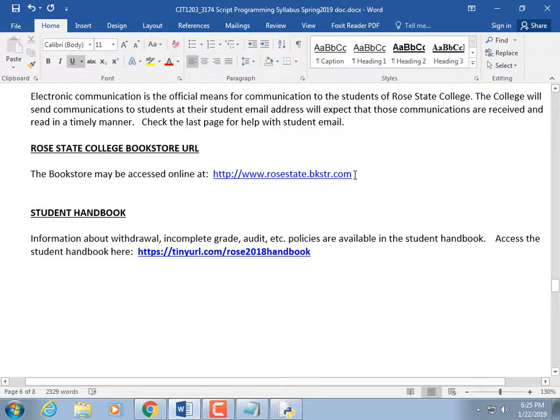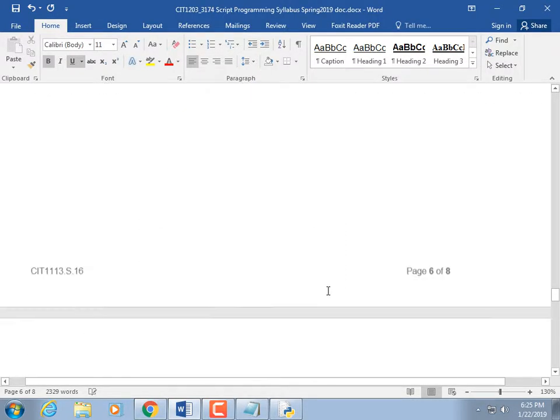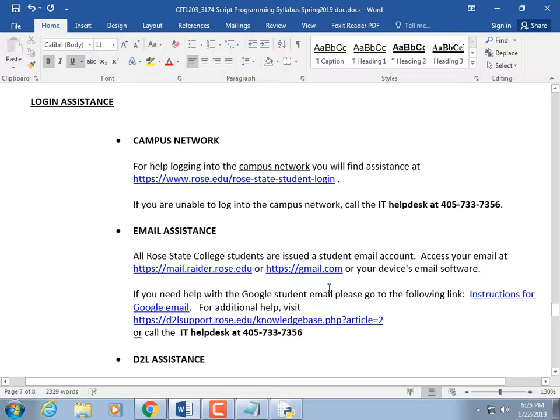All right, I give the URL for the bookstore, but if you're like me, what you probably do is you just go to Google and type Rose Space Bookstore, and it takes you there. Login assistance. Well, if you can log in well enough to get to D2L, you probably don't need this document. But it's worth writing this number down. You might want to put that number in your phone. That's the IT help desk. If something's not working, you can't log in, your account's locked for some reason, you can call them up and they can offer help. If you're having D2L trouble,